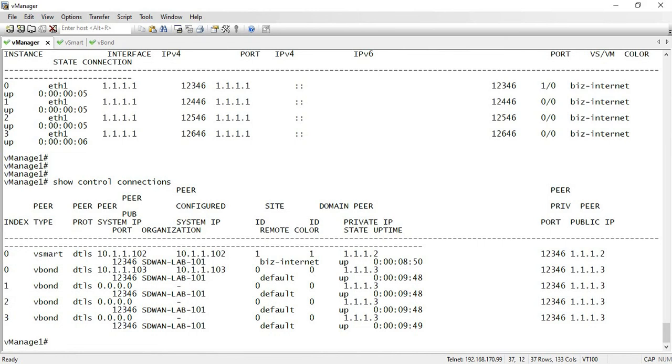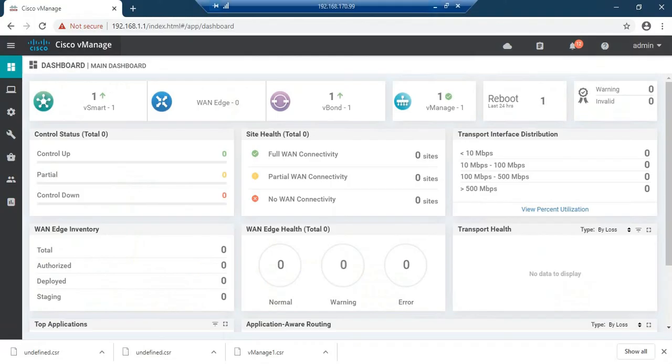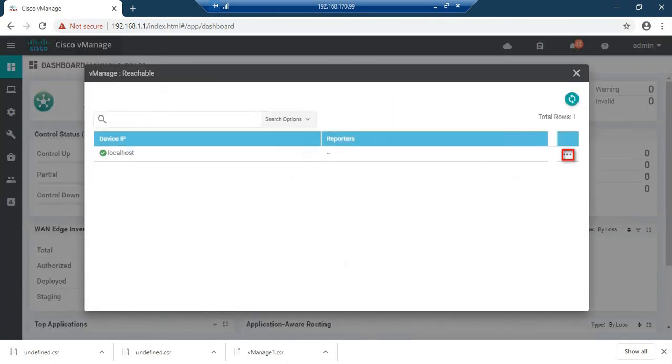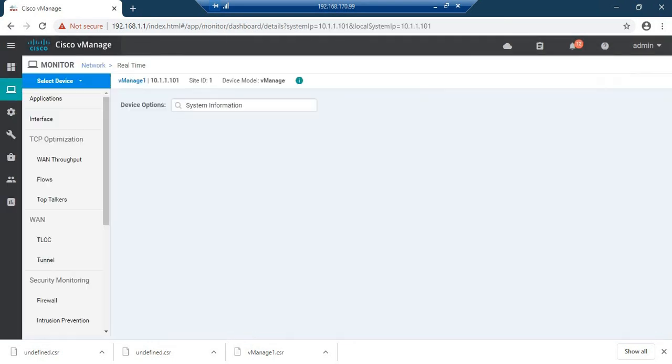Let me check the same from my GUI of the bmanage. So let me click on the bmanage. Real time.